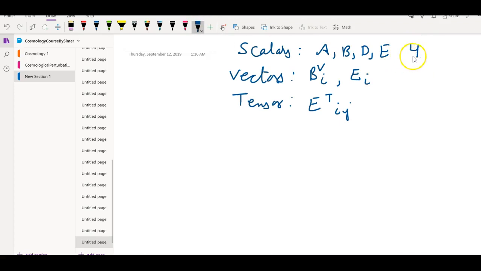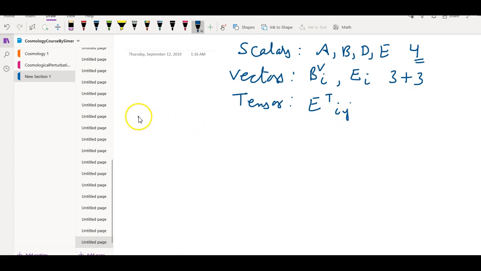4 scalars. So here we have 3 plus 3 components of this and 3 components of this. And here we have how many components? There are how many components here? So here, if you list all the components, the total components is